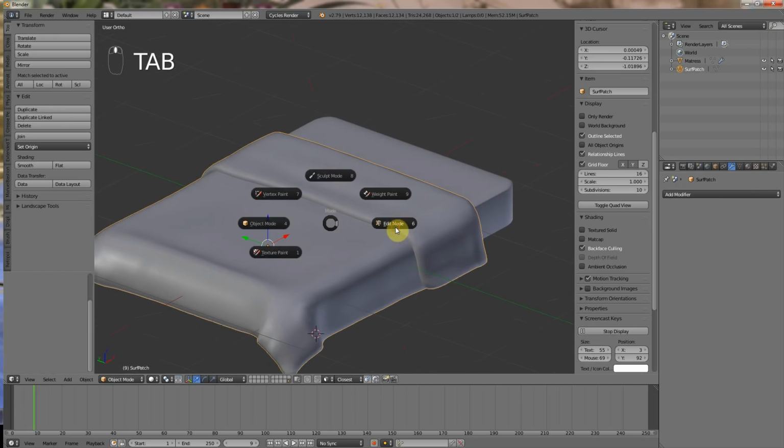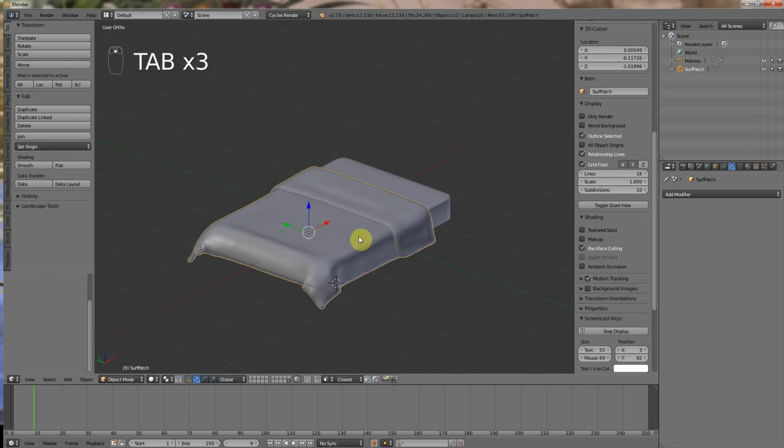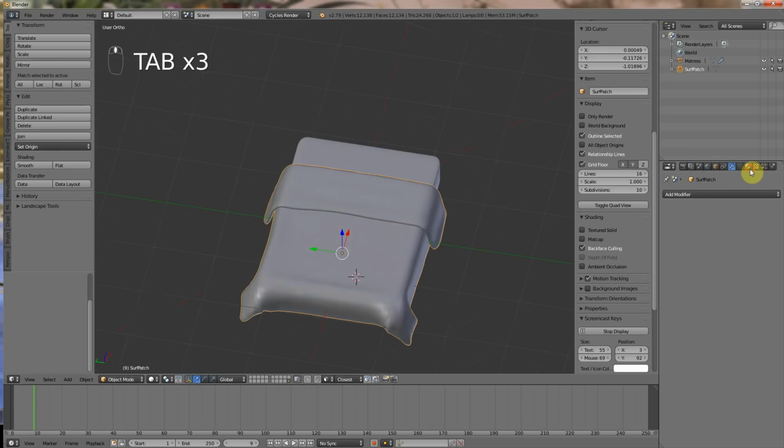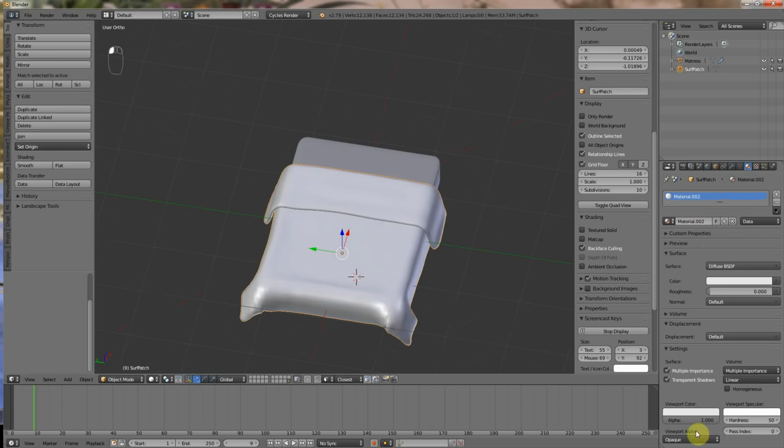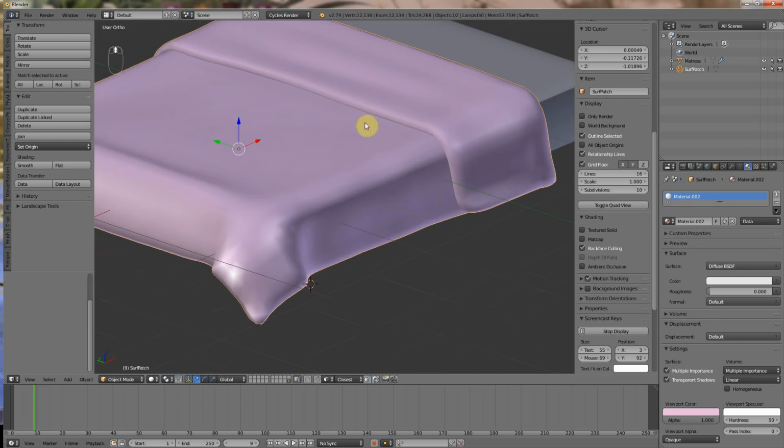Let's go to edit mode again. Right. Okay, that is the duvet. Let me just add a material to this. And just a different viewport color so we can kind of get a better idea of what's going on here. Right, that's the duvet. Now, if I wanted to add some pipe into this,